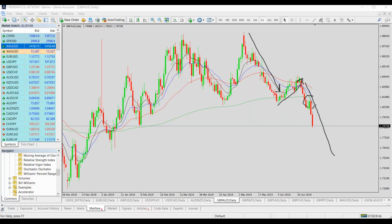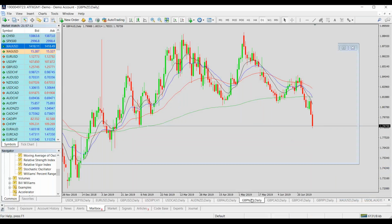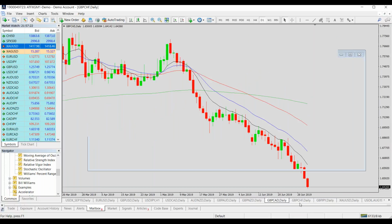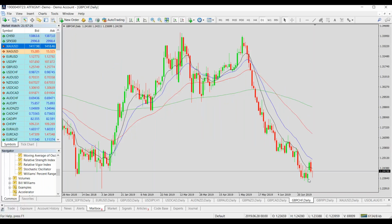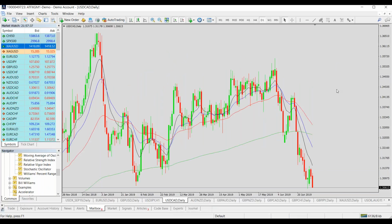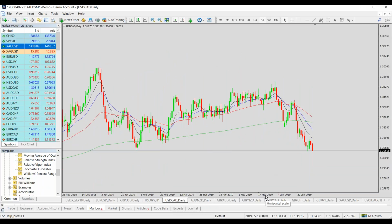So pound Aussie around this level was definitely something that I was strongly looking at, and it still is something that I am strongly looking at. Pound Kiwi, pretty similar as well. That's another one to look for potential bearish opportunities on. Pound Swiss is another one that has been going for quite some time, so I'm not so convinced, and pound yen as well. We haven't seen a very significant pullback on those yet, so that's really what I'm looking out for. And dollar CAD as well as another bearish one,